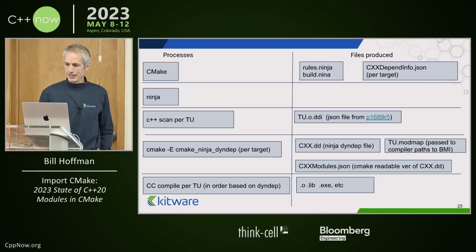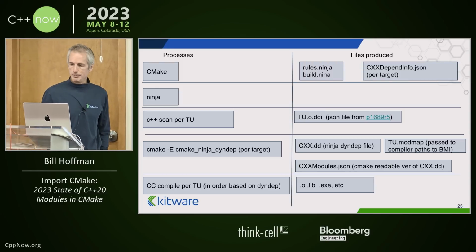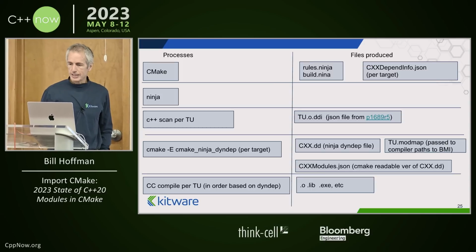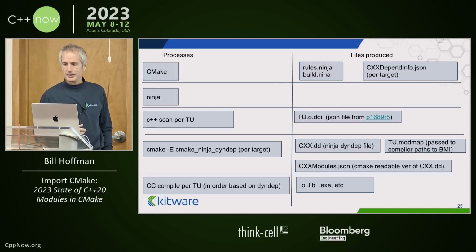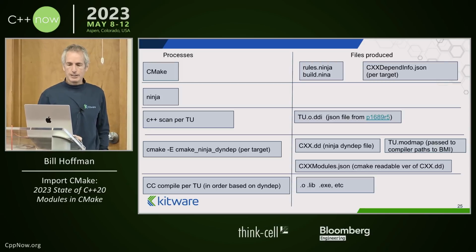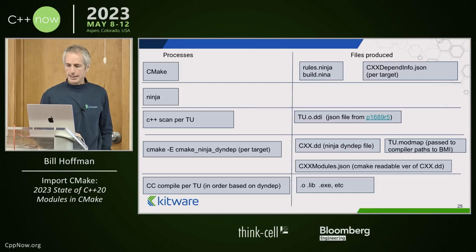You get a cxx.dd, which is the Ninja dyndep file, a tu modmap file, which is passed to the compilers, paths to the BMI, and then this CXX modules JSON, which is a CMake readable version of cxx.dd. And then we're finally ready to compile them in order based on the dynamic dependencies and create our .os, .libs,